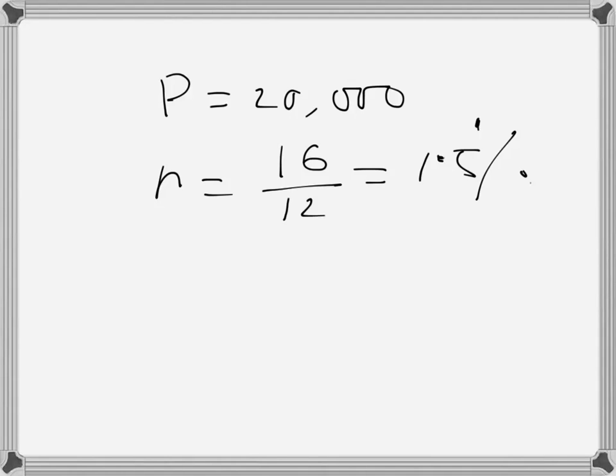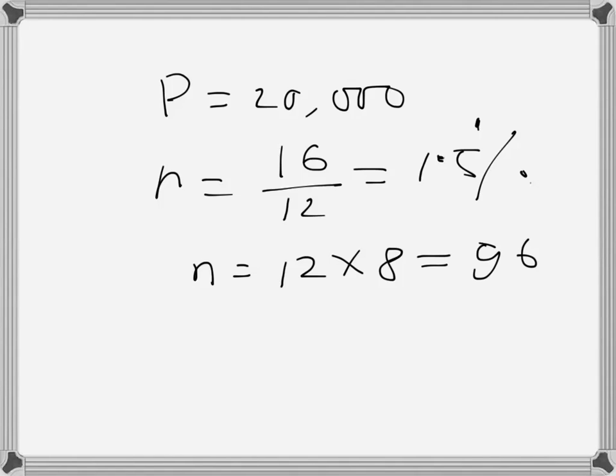And the loan has to be repaid in 8 years, so the time is 8 years. So the total time, n, will be 12 times 8, because monthly is 12 months times 8, 96 months. Now